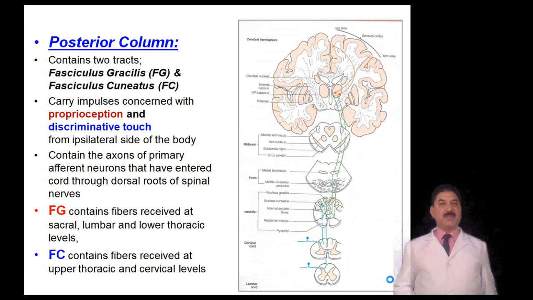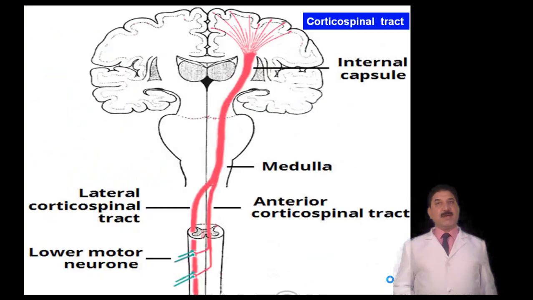Fasciculus gracilis contains fibers received at sacral, lumbar, and lower thoracic segments, while fasciculus cuneatus, which is medially located, contains fibers received at upper thoracic and cervical levels. Another type of fibers present in the medulla are motor fibers in the form of corticospinal and corticobulbar